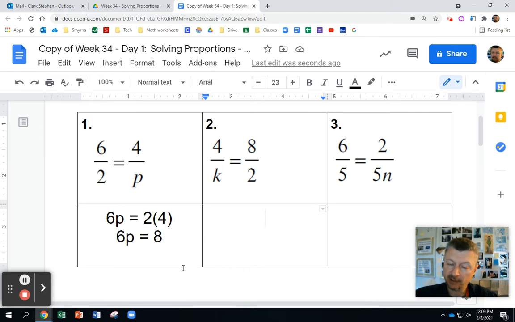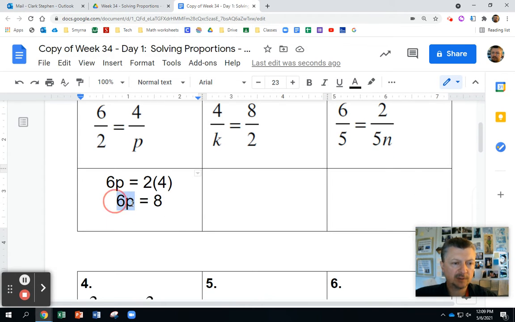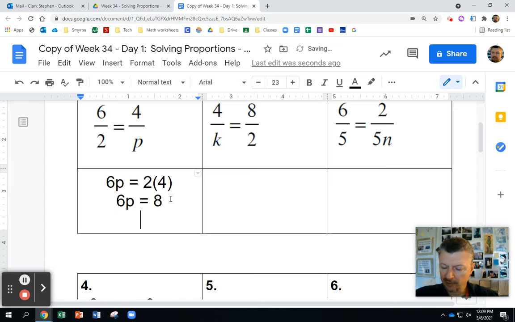Now here we have 6P equals 8. That's 6 times P. What's the opposite of times? It's divide, right? So if I divide both sides by 6, the 6 goes away over here, so that's going to end up being P. And on the next one, we have 8 divided by 6. What's that, 1.3, I think? 8 divided by 6. It's